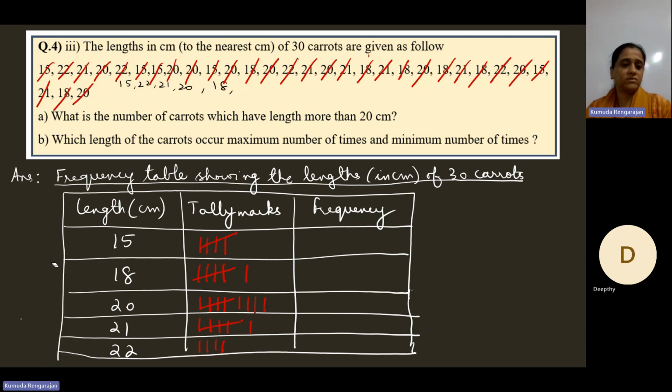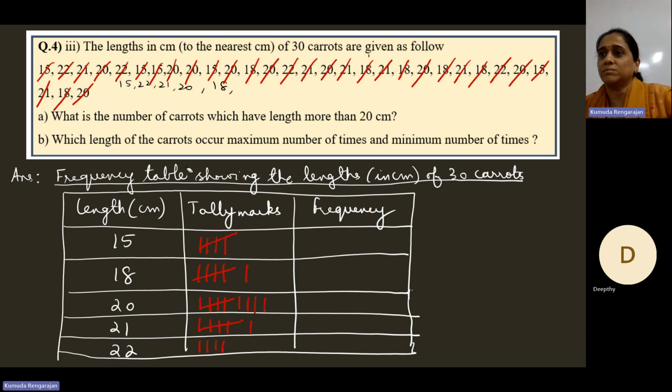So you can do it like this. You can just slash the numbers. Suppose you are working and a friend disturbs you, calls you and asks for an eraser, and you don't know where you stopped. Now there are 100 numbers, you have gone beyond 40 and your friend disturbs you. Now I had to do everything from the beginning. So what you can do is, every time you use the tally mark for the number, you can slash it like this using a pencil.